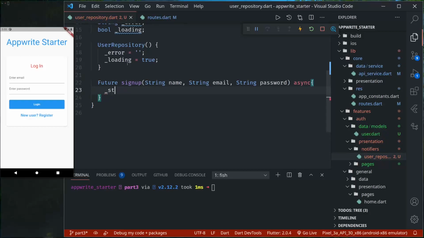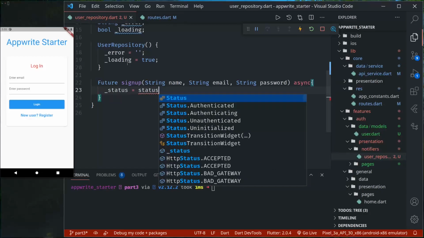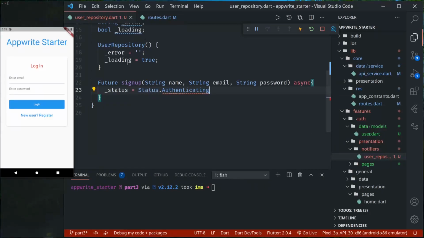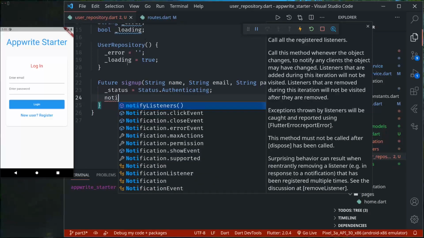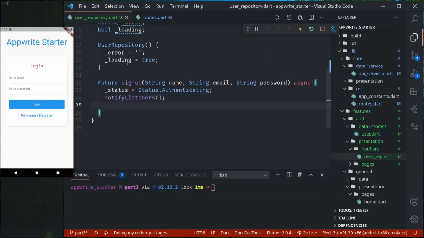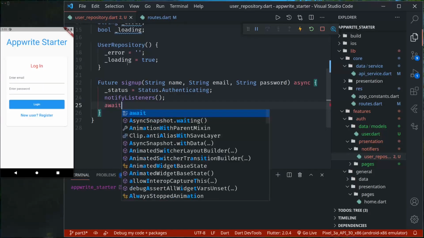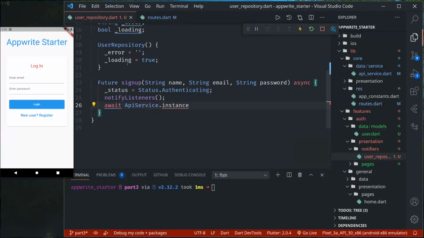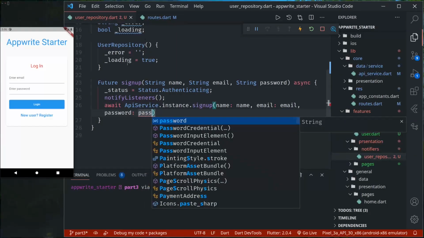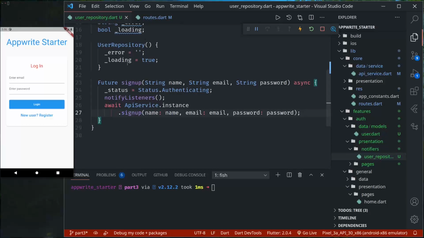Here we set status to authenticating, since we are starting to authenticate. We can notify listeners, then we'll call API service instance dot signup, and we'll pass in the name, email, and password. Okay, and if this is successful, we can simply set error to null or empty, and then